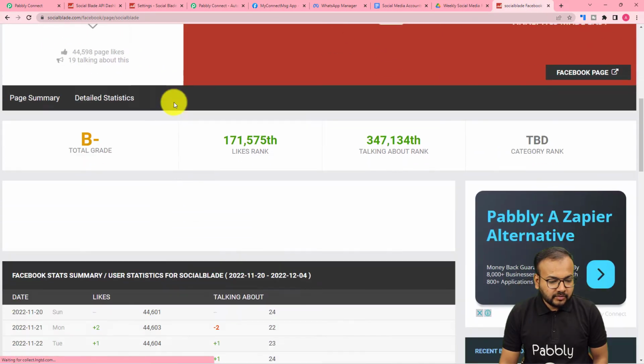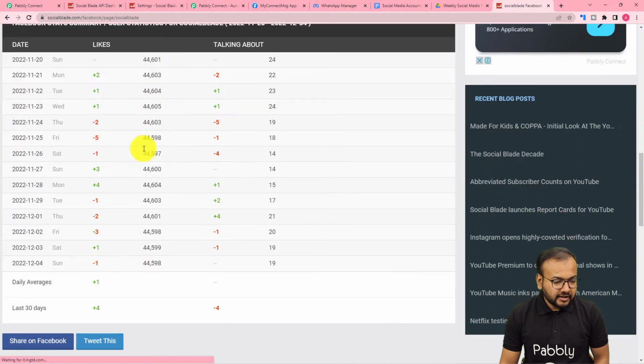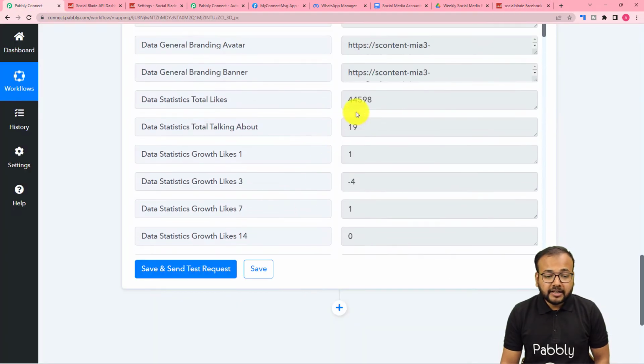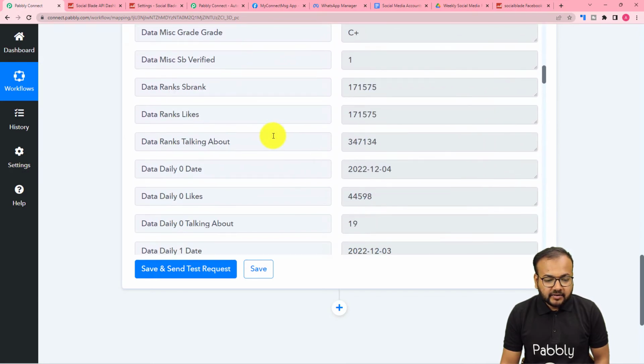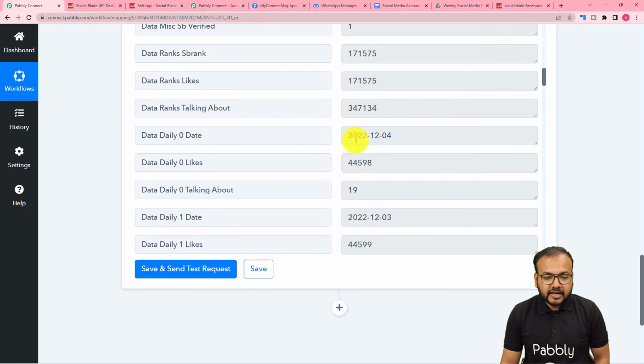And this is the Social Blade's Facebook stats. Here you can see the total likes are 44,598, and you can see the same data here, 44,598. Okay, so this is how you can get the data,